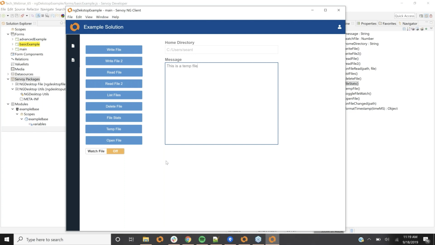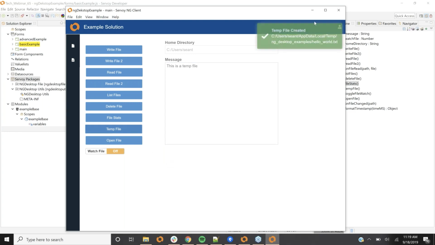Maybe you want to put something on the local workstation just for while the session's running, and then you don't want to worry about cluttering it up. You want it to be automatically cleaned up. That's what temp files are for. That's what the OS will manage for you. So I'm going to go ahead and write this out to a temp file. You can see the path name, it was here